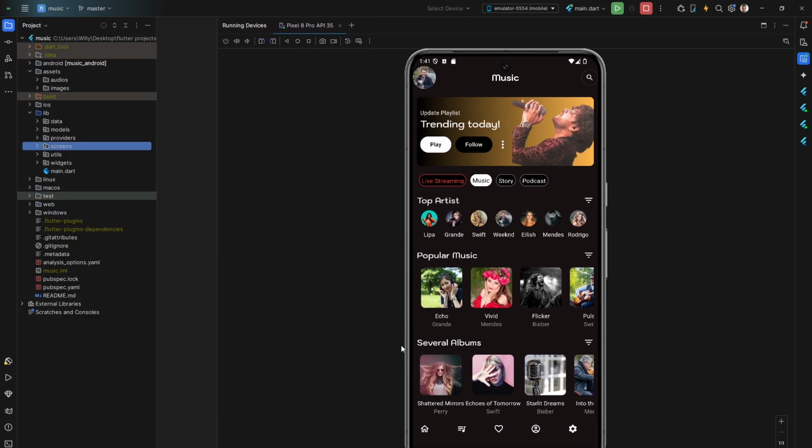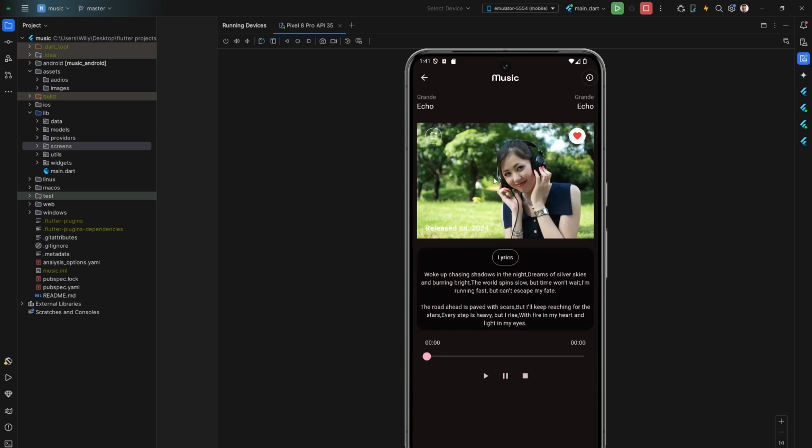So this is the app that I created. It has that home screen here, as you can see. It has the bottom navigation bar at the bottom, and once you click on music, for example, you get this image of the thumbnail of the song, then a list of lyrics, and then you get this slider and this row displaying the audio controls to play the audio, stop the audio, or pause the audio. So once I click on this play button, it plays that audio, and it displays the time elapsed,